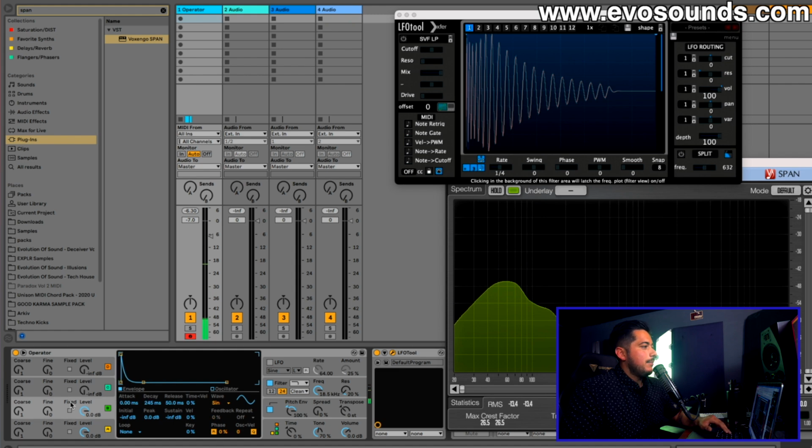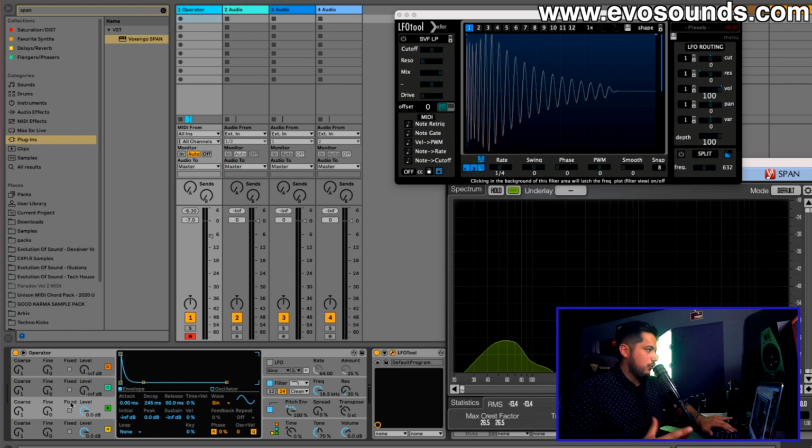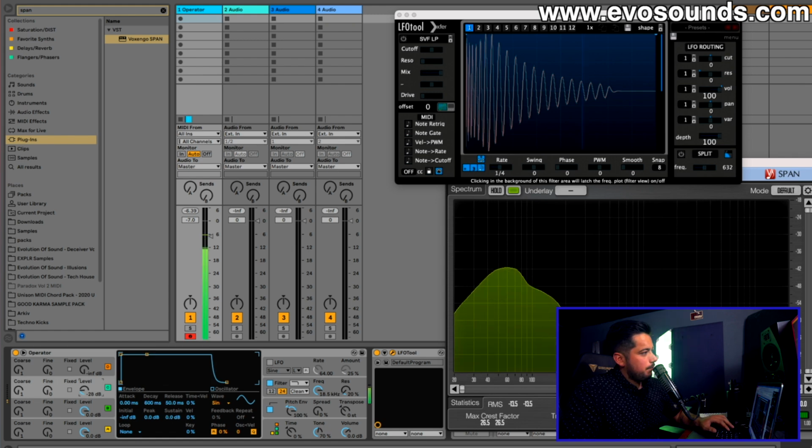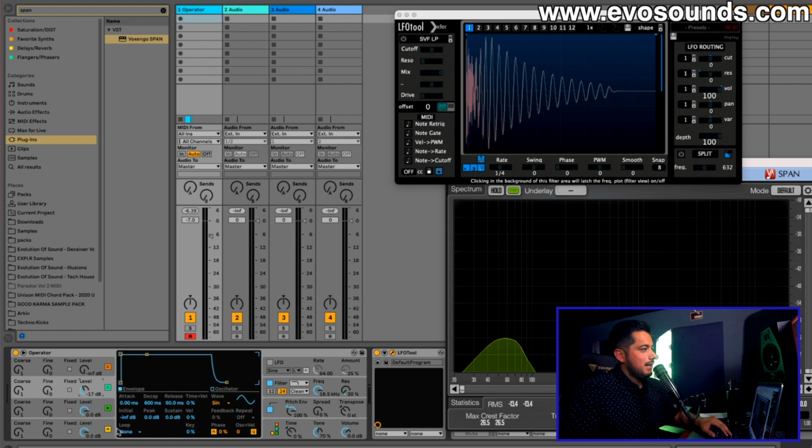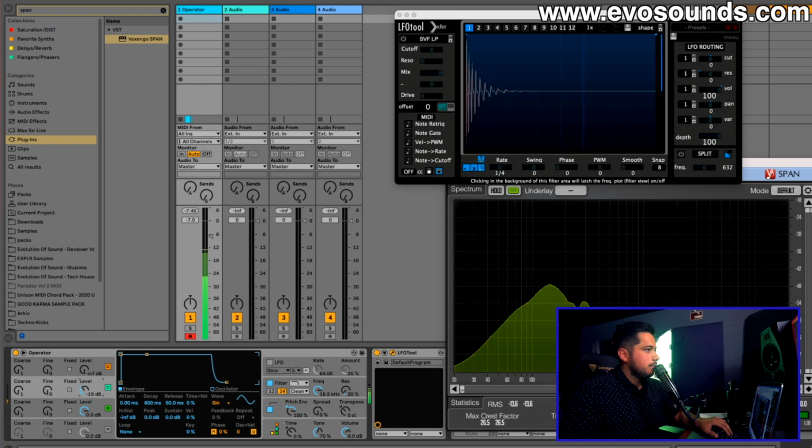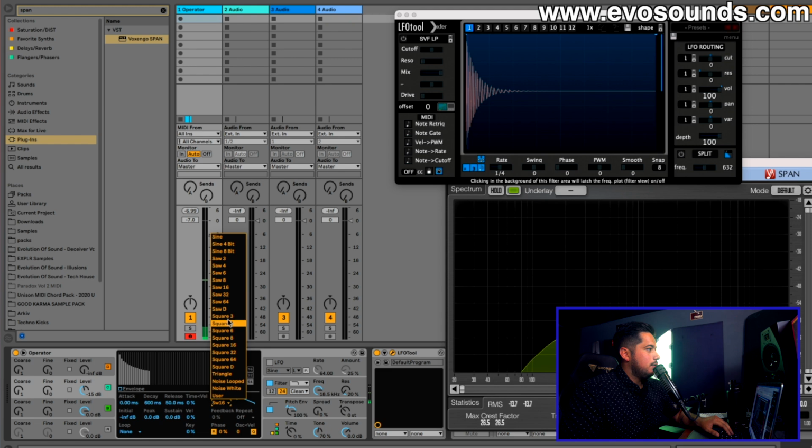Okay, now it's time to kind of mess with the transient, make it a little bit interesting. Okay, so from here, with C, maybe we can. Now what's happening here is this sine wave is going into this B sine wave, and the idea is that you're going to start to add upper harmonics. So notice as I bring this up, all these new added frequencies. That's usually how FM works. But again, you can switch the wave to a saw, and you start to get a different sort of